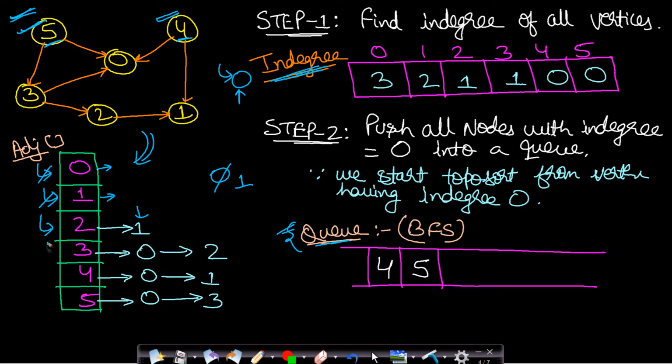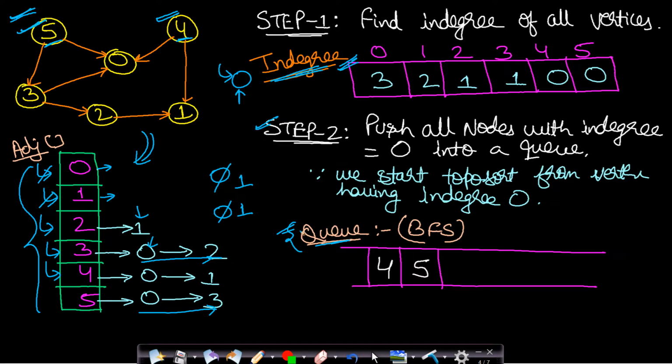Okay, and for 3 we will again iterate over all its elements, and for 0, the in-degree value was initially 0 and now it will be incremented by 1. Like this we will traverse the entire adjacency list, and after incrementing all the adjacent node values, the in-degree values will come out to be this. This is our final in-degree array. So the first step is to find the in-degree of all the vertices. Once you have calculated this, we will move on to the second step.